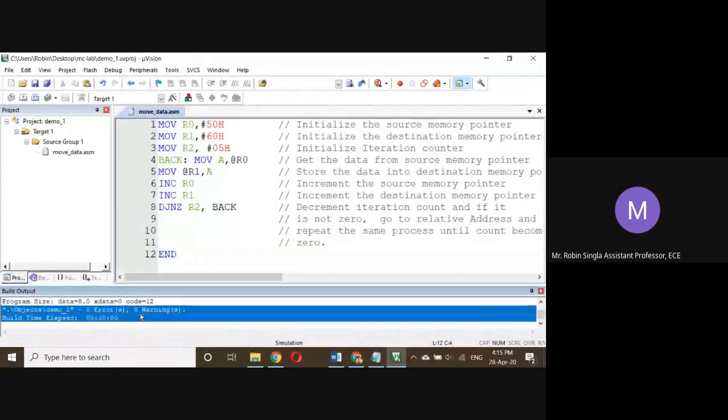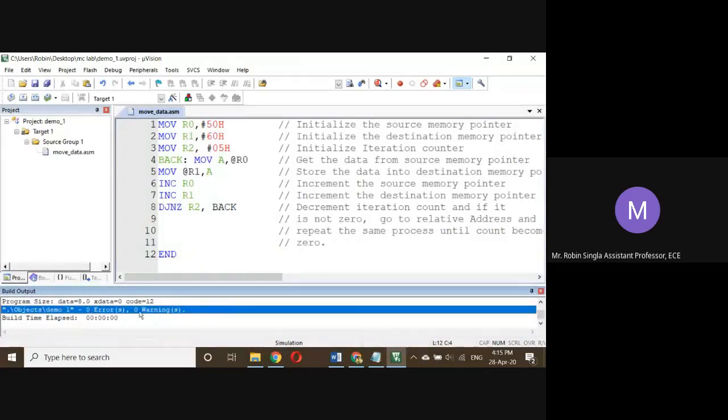Now you see here 0 errors. Okay, if any error is there, before proceeding we have to check the line number where the error is, etc. For example, if I make a mistake, so generally people make this mistake. Instead of MOV, one used to write MOVE. Okay, MOVE.